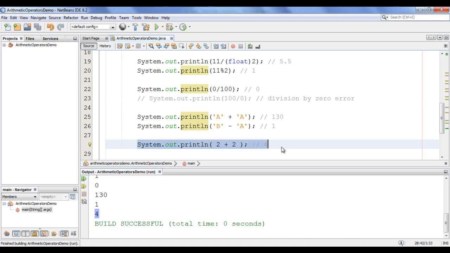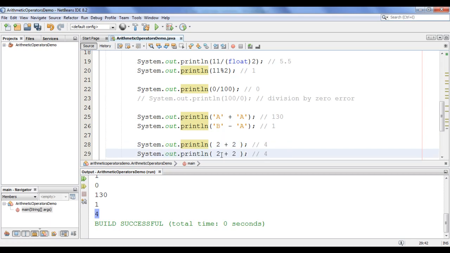I'm going to copy this line of code and paste down. On the left hand side of the plus operator, if you have a string, and on the right hand side of the plus operator, if you have a string, it is going to behave like an appending operator or the concatenation operator. It combines both the strings and creates a new string called Hello space World, guys. Definitely we will see here Hello space World displayed. If I say run project, you can see that Hello space World is displayed.